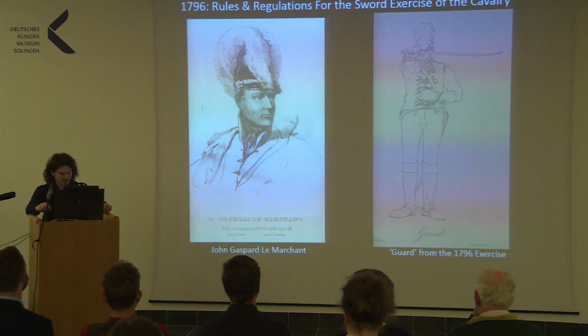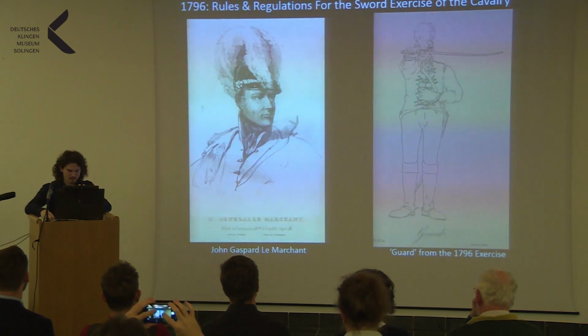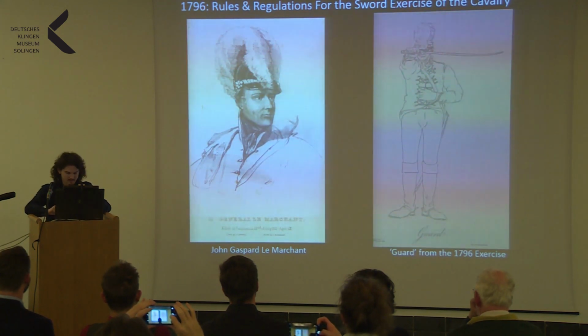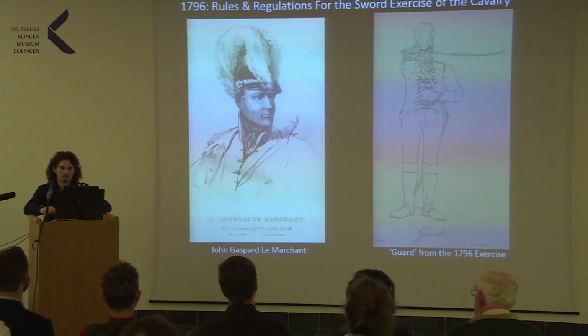But this was to change as the result of the efforts of John Gaspard Le Marchant. Le Marchant was a scientific soldier who was obsessed with improving the efficiency of the British Army. Amongst his achievements, and the most important in fight book terms, was his 1796 Rules and Regulations for the Sword Exercise of the Cavalry. By making use of his royal patronage, Le Marchant was able to have his exercise approved and centrally issued, providing the whole of the British Cavalry with their first specific treatise on swordsmanship, their first centrally